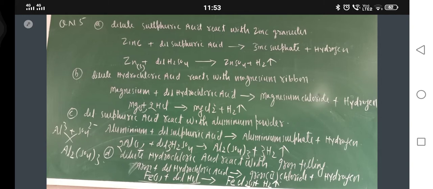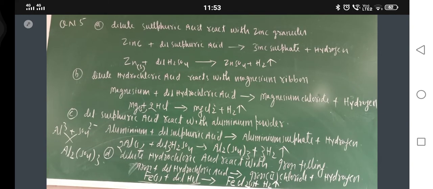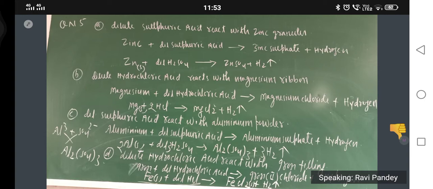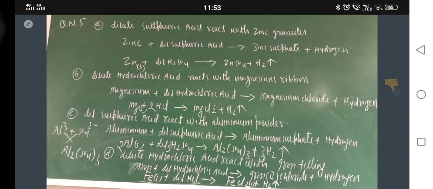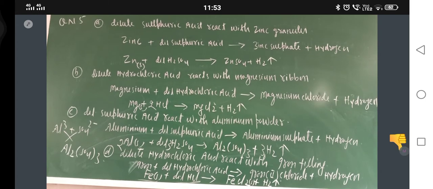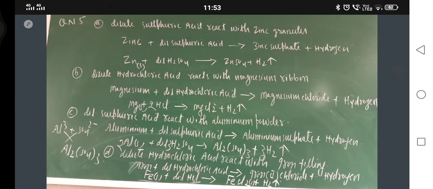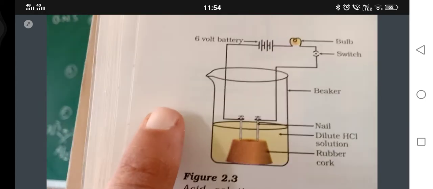One activity I have explained to you, the glowing of the bulb, I told you or not. Just see, take a series of substances, 2, 3, 4, 5 substances like alcohol, glucose, HCl, NaOH. Now set up that apparatus. I have already explained that activity. If you have not forgotten, it is asked in almost every exam. Yes, this is asked.